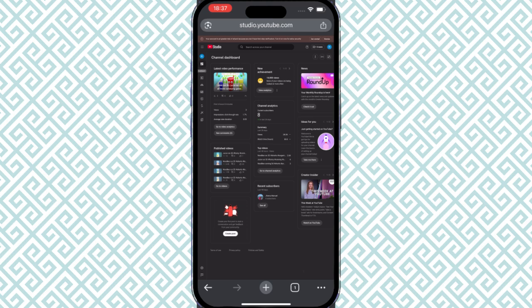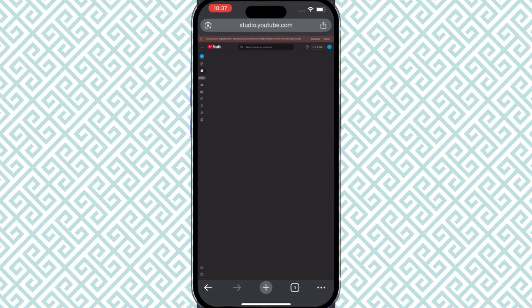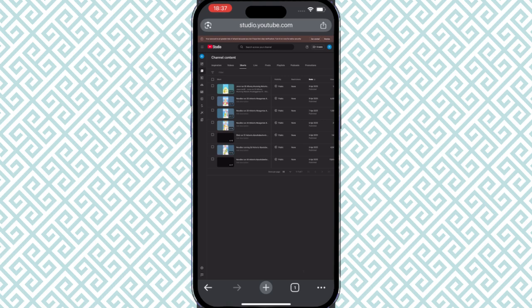Here you go to the content, what's your content, on the second row. Now you can see all the short or long videos. First of all, I want to tell you that you can't trim your short video, you can only trim your